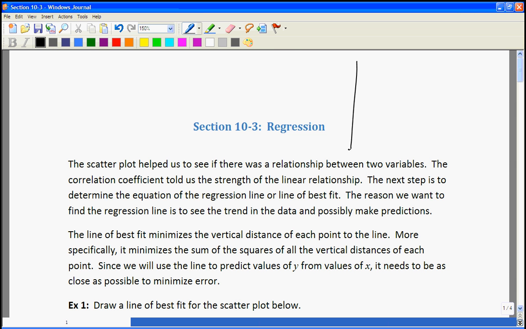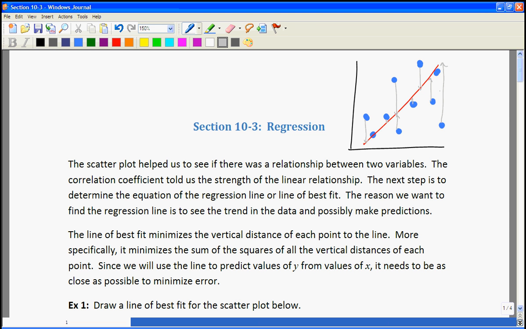So let's say I have some data on my scatter plot and it follows this overall trend. And my line of best fit maybe goes through here. So these values here are pretty close, and this one's pretty close. What we're trying to do is, for each point, minimize that vertical distance. That one would go up there somewhere. Some are going to get very close, some are not going to get so close, but our objective is to